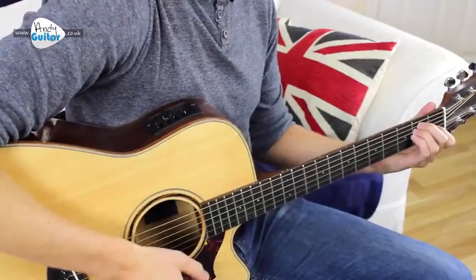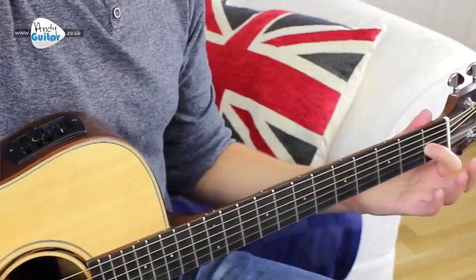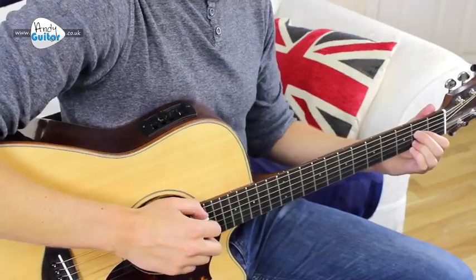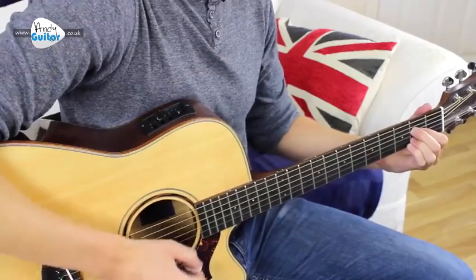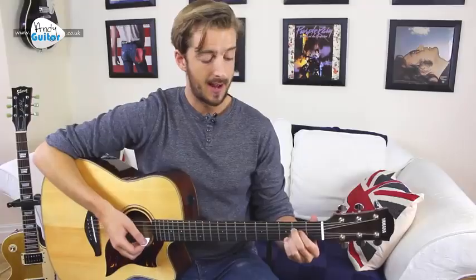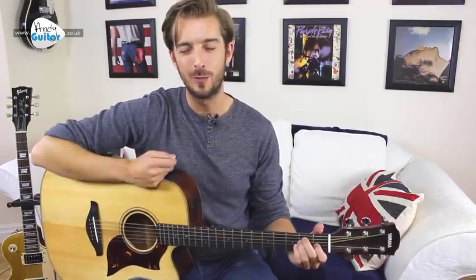So we strum the E chord 4 times, 1, 2, 3, 4, and keep that first finger down when we're going to change to the second chord, which is the A chord, and then strum this 4 times, 1, 2, 3, 4. And then we need to change back to the E chord and do this in a loop